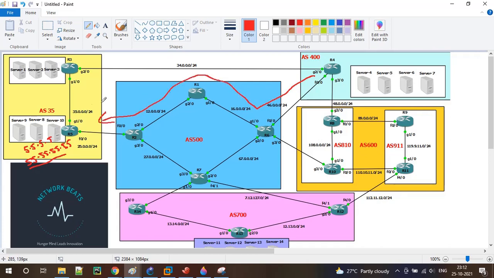For the rest of the prefixes, whatever I am learning from R5, I should be able to communicate through R3. That is fine. But my objective is: if the route is destined for 55.55.55.55, then I should use R6 as my next hop. Otherwise, I'm good to use R3 as my next hop for the rest of the prefixes.